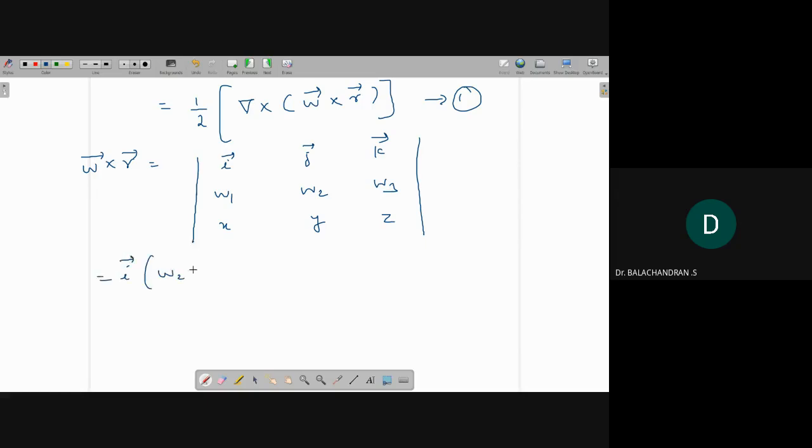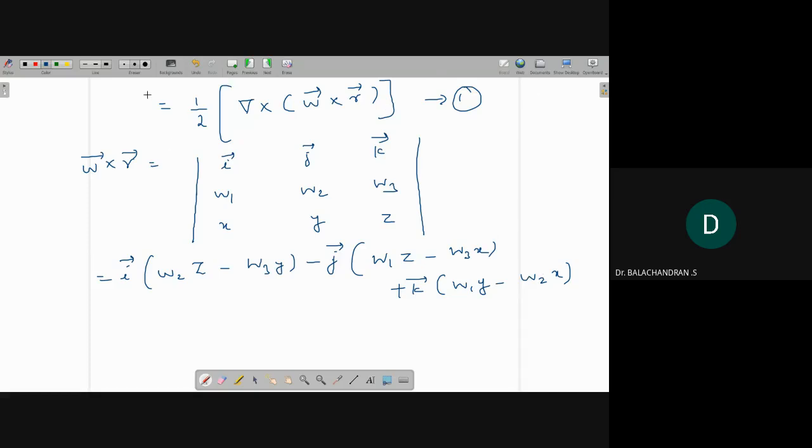I vector into w2 z minus w3 y, minus j vector into w1 z minus w3 x, plus k vector into w1 y minus w2 x. Okay, so next